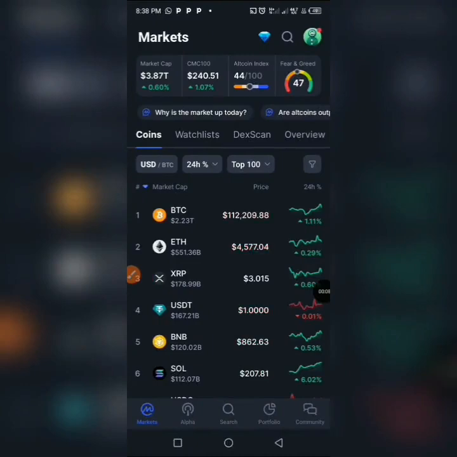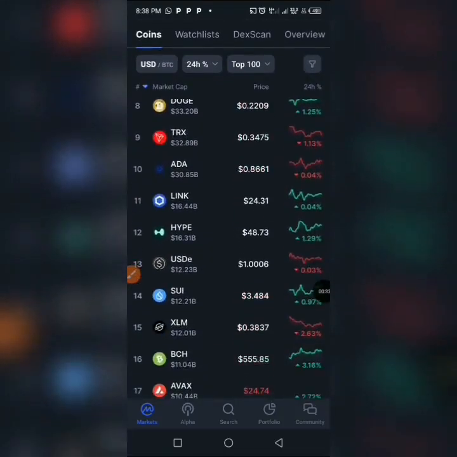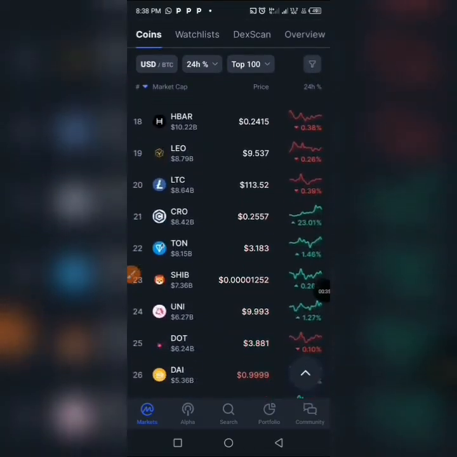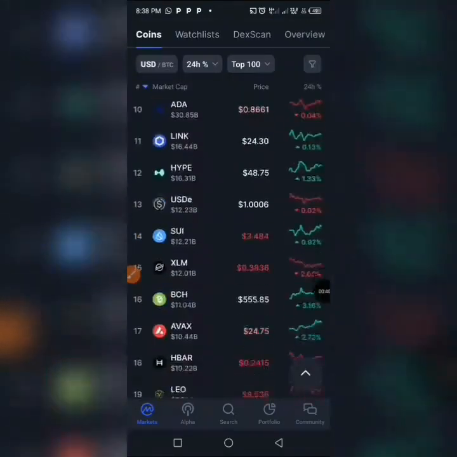If the coin has already been listed or added on Coinmarketcap, you have to know the name of the coin before copying the contract address. When you know the name of the coin, you can head over to CoinMarketCap and search for the contract address of that coin. Currently, these are some of the coins that have been added on CoinMarketCap. And for you to search for any that you have not seen on this list, you have